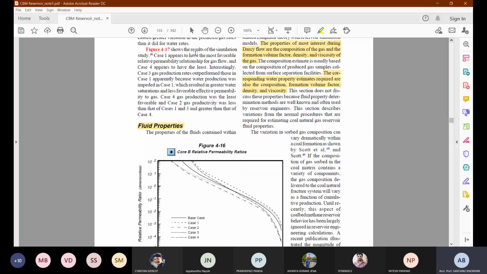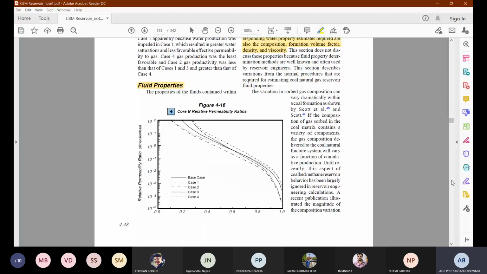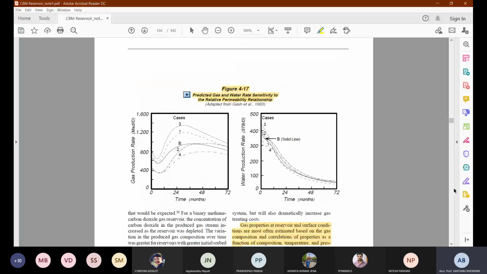Okay, so you can see they have also discussed the same four concepts. Please go through this, and obviously you can understand some of the graphs directly, because if the saturation is much higher, the water production rate will be much higher, but the gas production rate will be much lower. Next, these are the cases where you get the gas production and the water production based on the relative permeability.